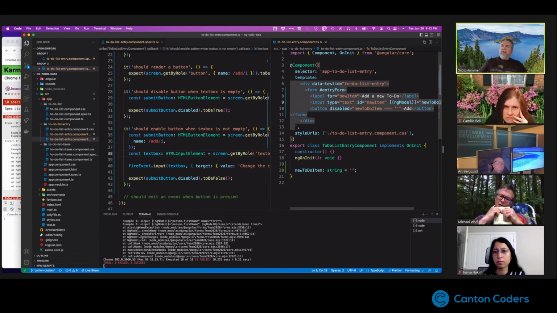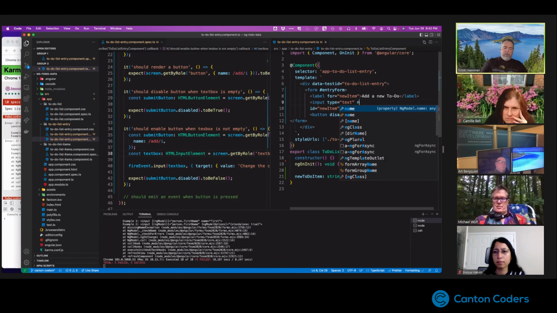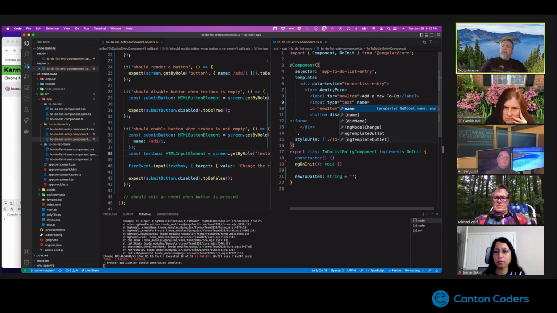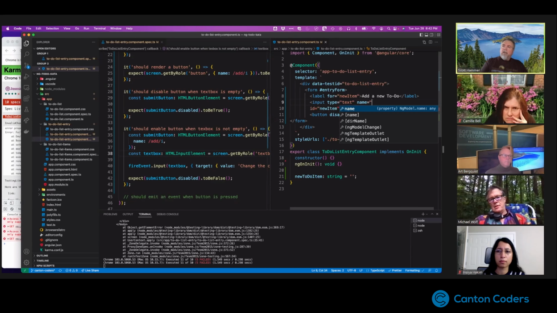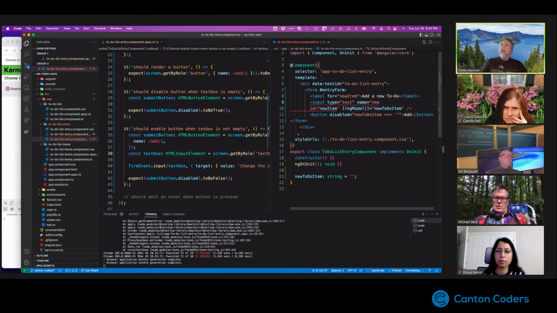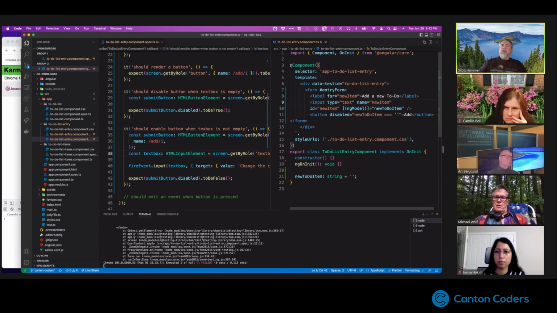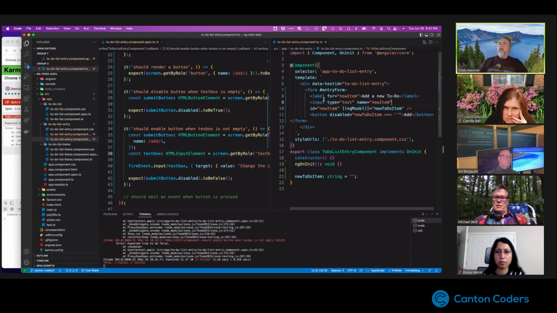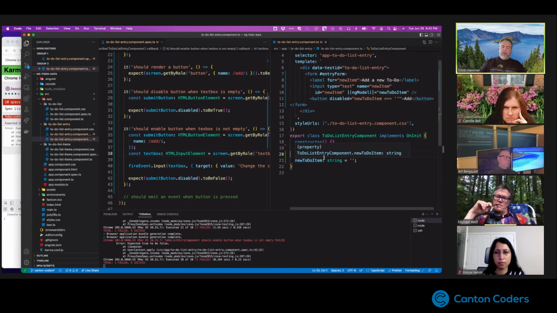Yeah, it's going to make me add a couple extra things here. Let's just put this name equals. I'll use the same name, new item. Okay. And I think I also have to change the way I store my attribute. So instead of it being a standalone string, we're going to make it